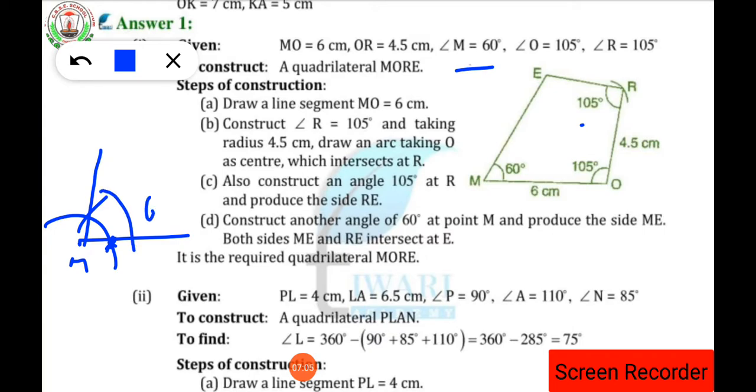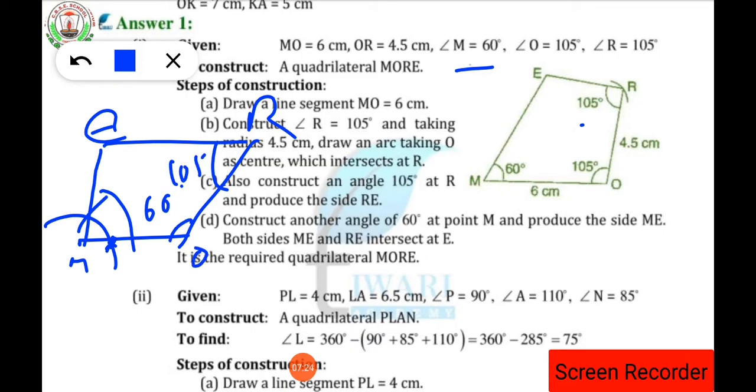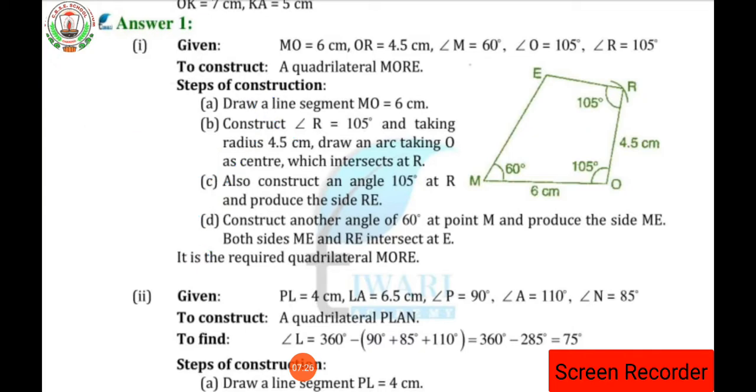This one is the 60 degree. This you people had studied in class 6 and 7 many times. Okay, now join this line with R. Since this one is an E point, this one is an R point which we had already made, and this one is 105 degree R. Okay, this one O is also 105 degree. So these are the measurements according to which we had drawn.